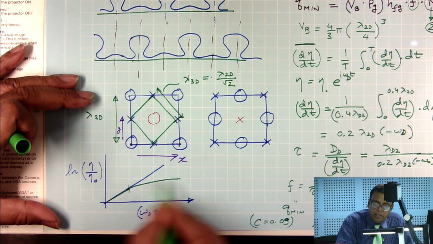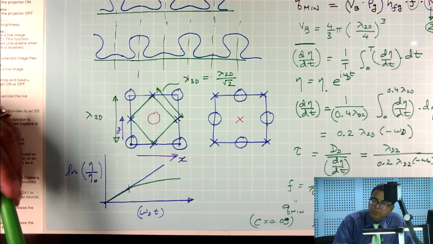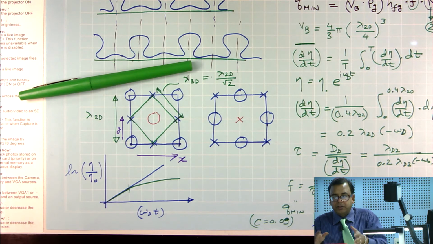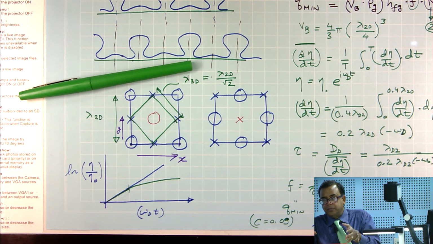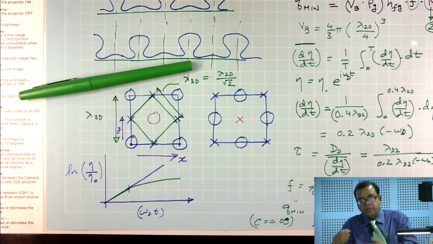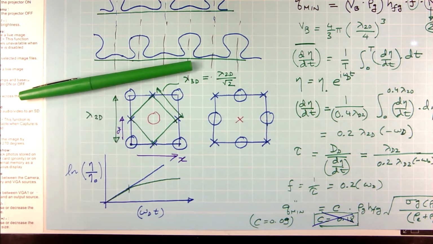Can you guess why it becomes slower? Well, part of the reason is initially the vapor bubble grows until it becomes almost like a half circle, and beyond that point the bubble actually starts growing sideways instead of growing up. Okay, so it becomes a non-spherical shape at a certain point in time, and usually that's the point at which you see the departure from the linear stability prediction. Okay, so